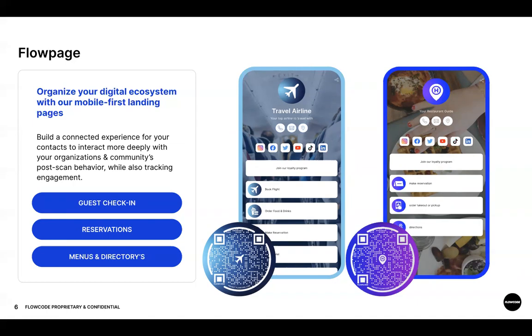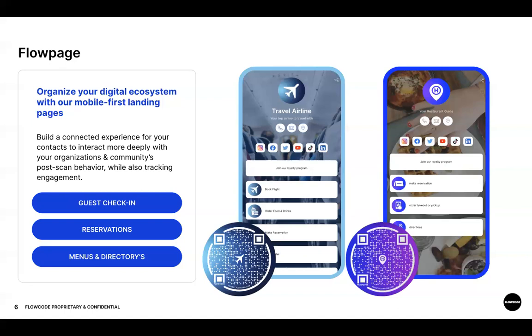We have a contact collection widget built into the platform, which basically means that you can collect first-party information and transfer that customer information directly into your CRM platform, so that they can become lifelong connections. And then lastly, of course, you can track all page sessions and link clicks that you accumulate on your flow page,